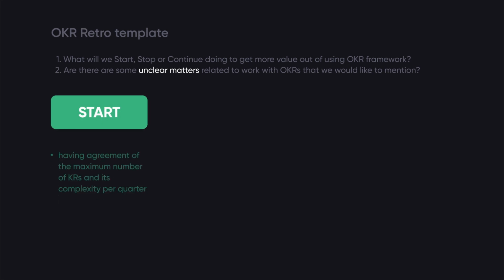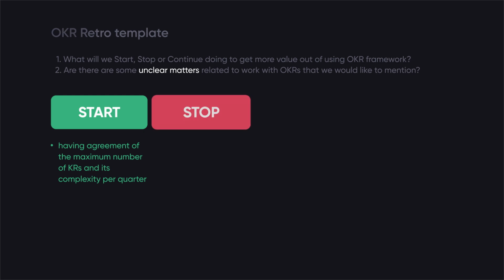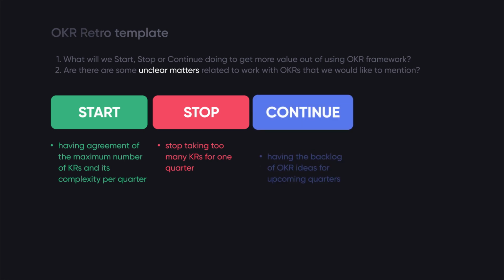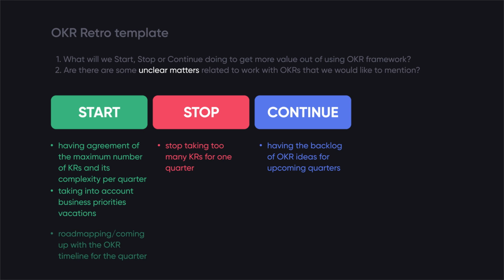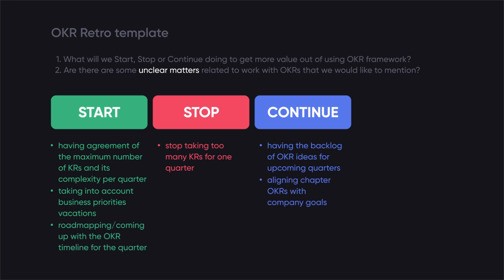Start. Agree on a maximum number of key results and their complexity per quarter. Stop. Taking on too many key results in one quarter to maintain focus and realistic goals. And keeping a backlog of OKR ideas for future quarters to be better prepared for the next cycle as a continue. For the second question, teams might raise issues like the time required to define outcome-based key results or balancing